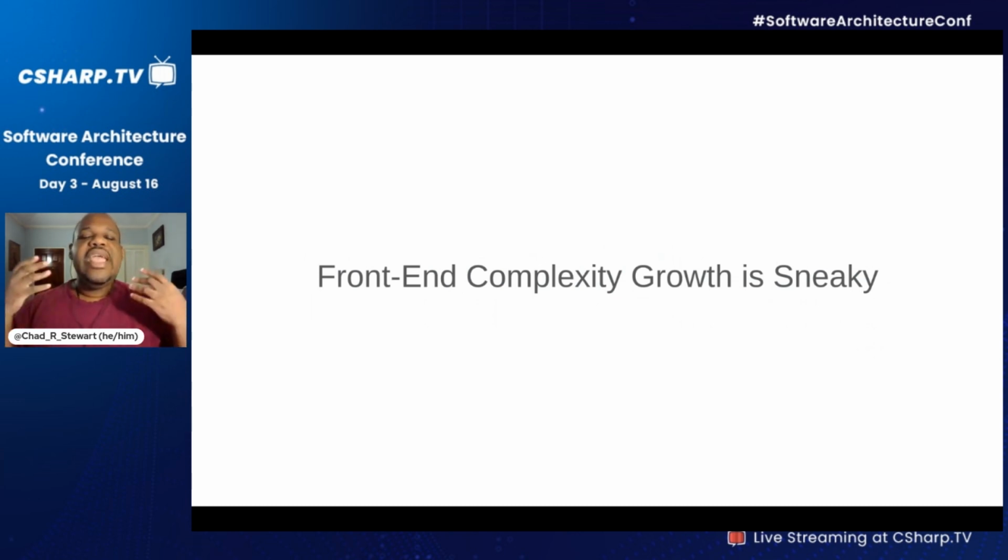So front-end complexity growth is really sneaky. It's really, really easy to build an application. And if you're not thinking about how you're putting together your components and the general design of your application, it really can quickly go from being able to build things fairly easily to development just grinding to a halt. Anytime you make changes, everything else breaks and you're chasing bugs all day,